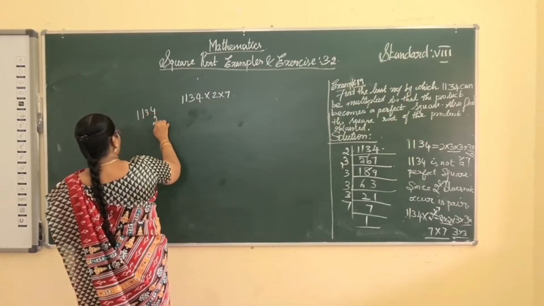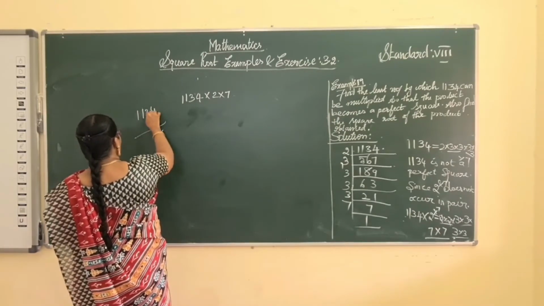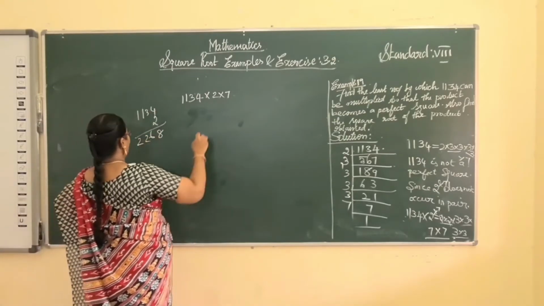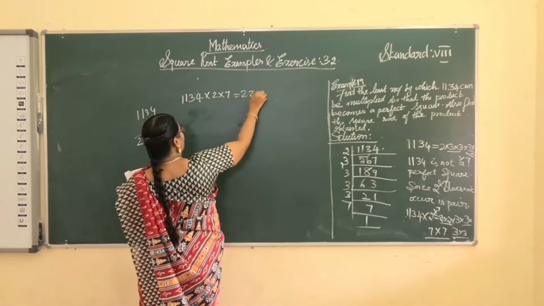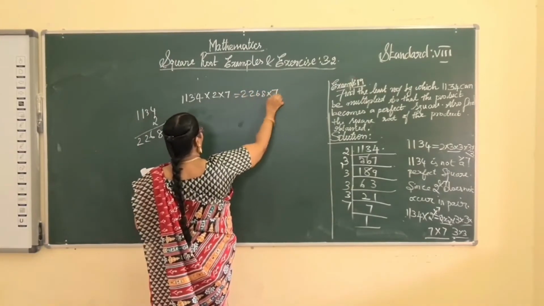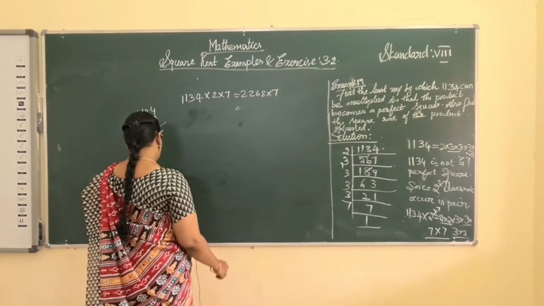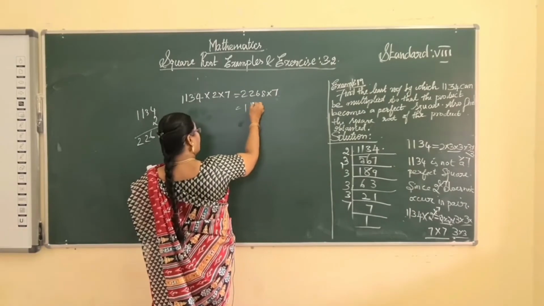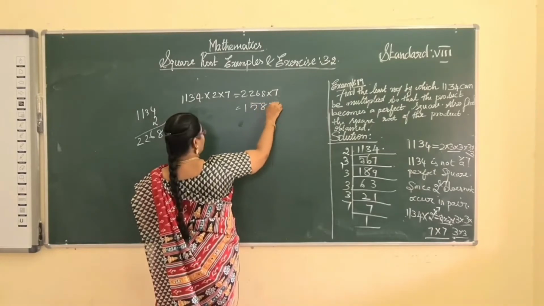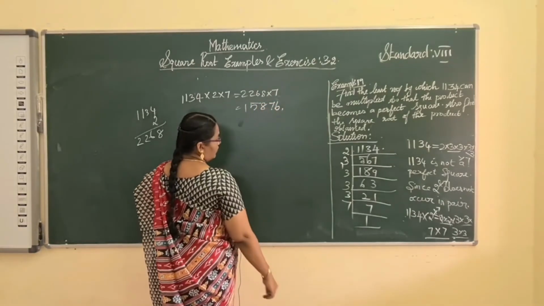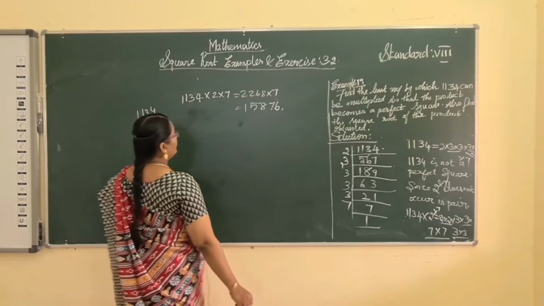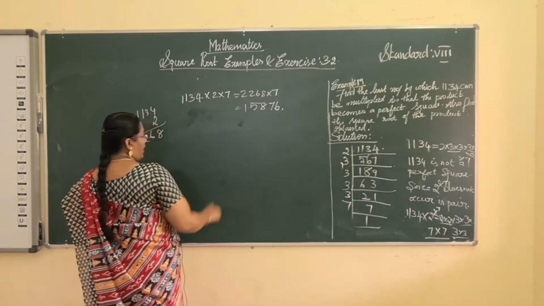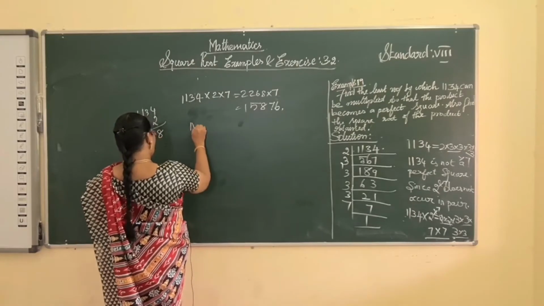1134 into 2, 2268, is it? So 2268 into 7. So multiply this value. What we get? 15,876. 15,876. Therefore, the square root now